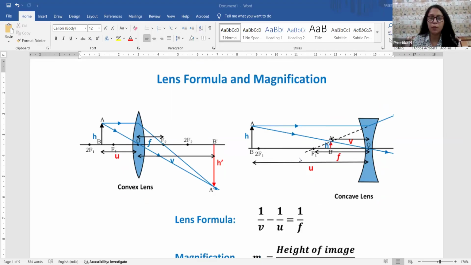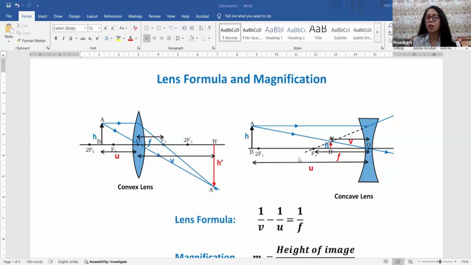So last time when we met in the class, we had a session where we have done the ray diagrams. And if you people remember, we have done the ray diagrams for convex lens and the concave both. Now today in this session, we are going to conceptually close the chapter we were proceeding with. The very first thing we're going to tackle today is the lens formula and the magnification.